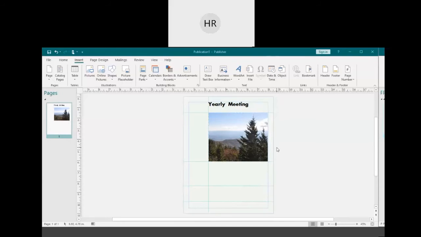Okay, the next thing we want to do is talk about some of the other things you can add or insert to your project. In addition to pictures from your own devices to online photos and text boxes,